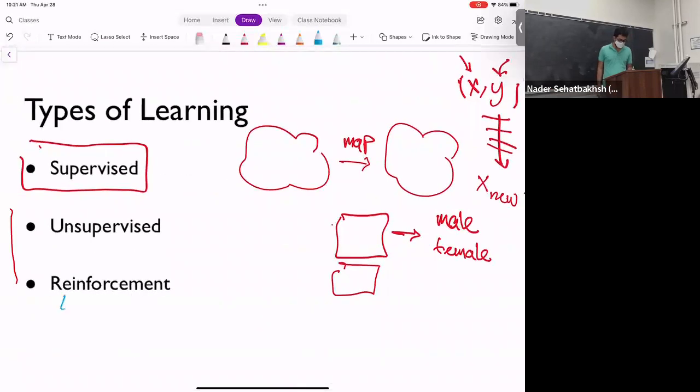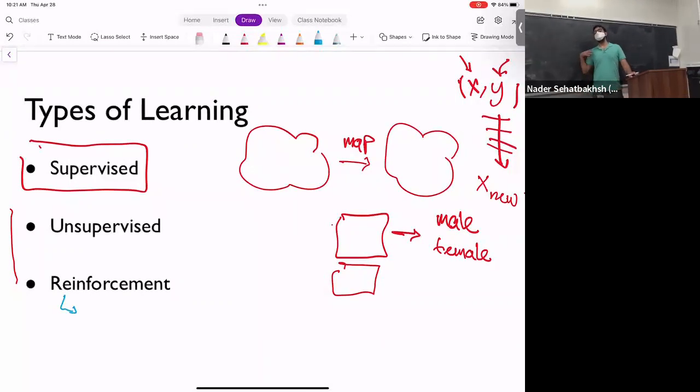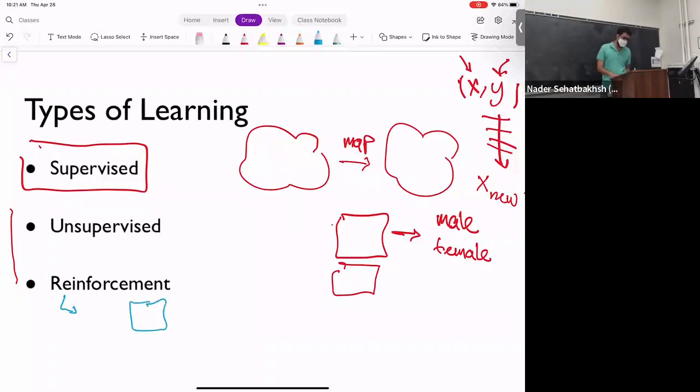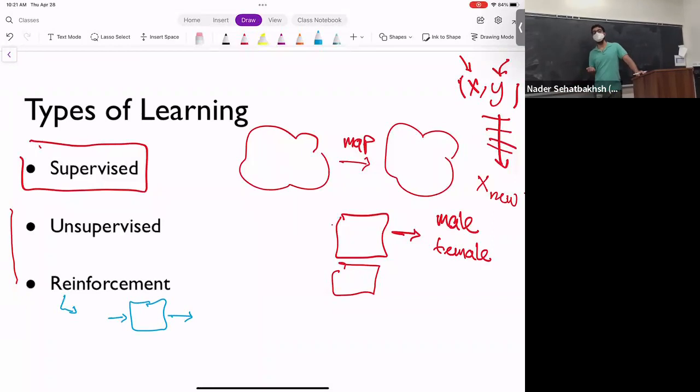And finally, there is another type of learning that's also very important, and that's reinforcement learning. The story of reinforcement learning is basically learning what to do based on some rewards and some actions. So you have an agent or a machine that, let's say, makes some arbitrary decisions, and you want this machine or model to learn something, for example, how to walk, or how to drive, or how to play a game, etc. Of course, you don't know the best strategy to do that.